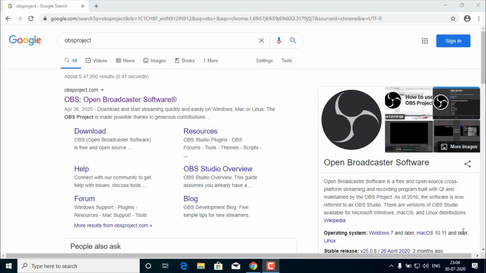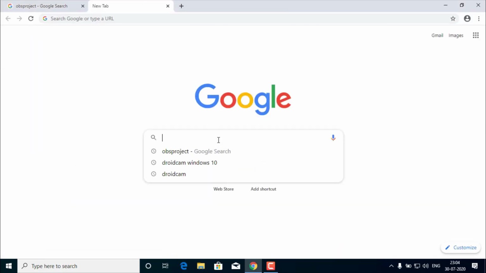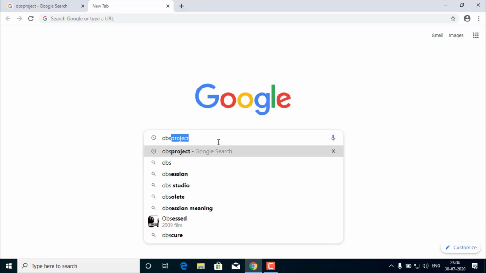Good morning to all. How can we use OBS Studio for recording our screen? For that we are going to download and use OBS. First you have to go to your browser, then in Google you should type OBS project.